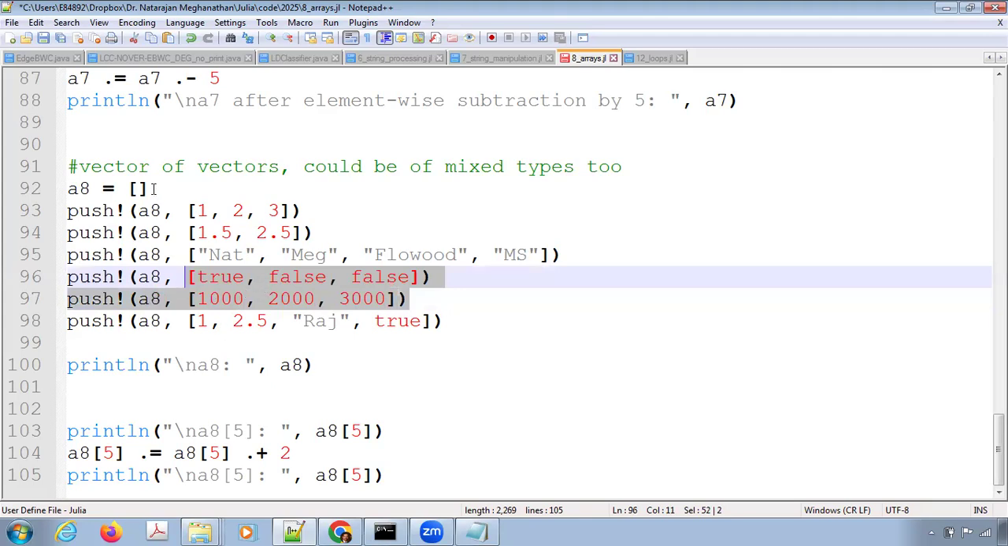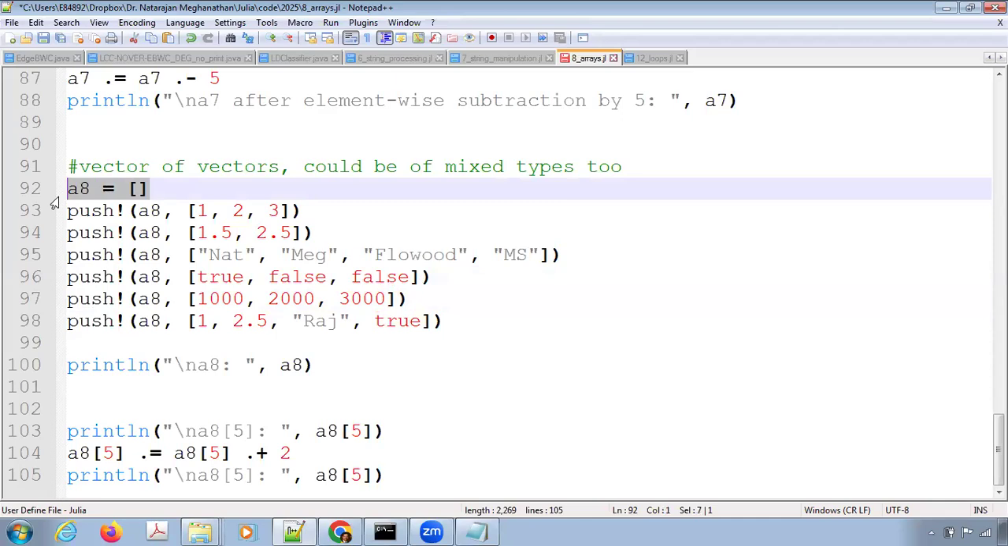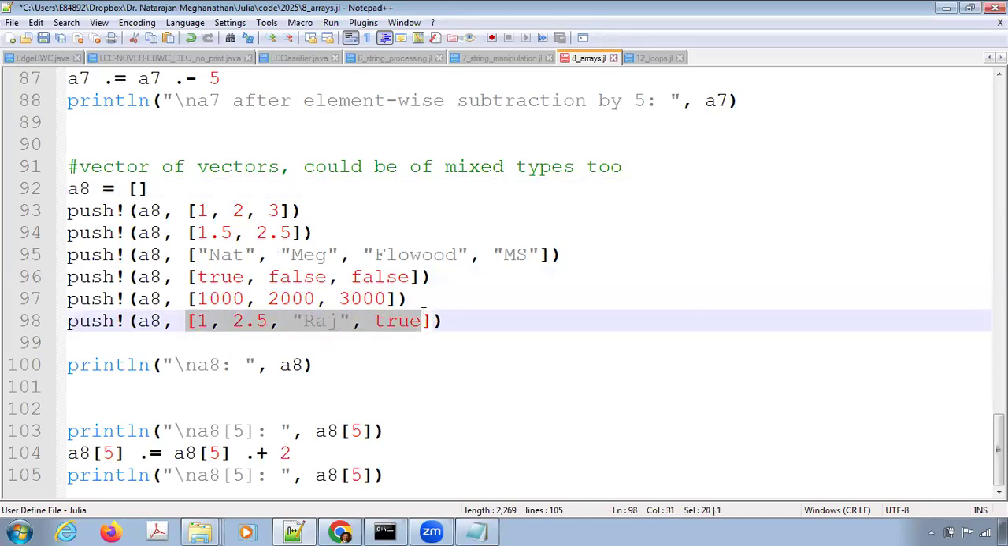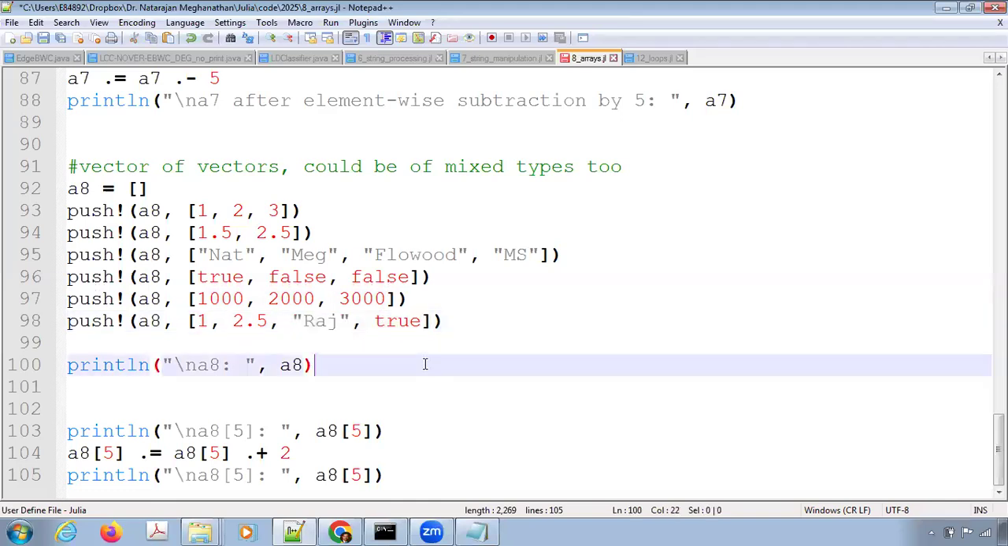Now, since we used the any-type vector initialization for A8, it will also allow this. So even an individual vector, A8 of 6, could be a vector by itself of mixed type. One element of it could be an integer, another element could be a float, another element could be a string, another element could be a Boolean. So even though we may not need to go to this level of mixed type vector, I just want to show that Julia does allow